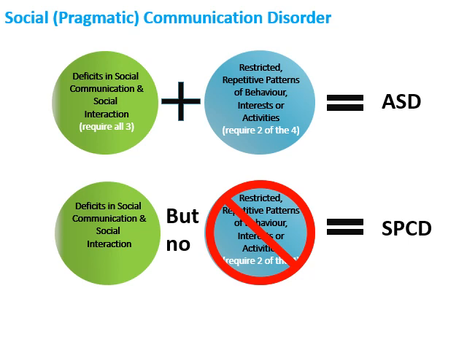And if there are no restrictive repetitive patterns of behavior, interests, or activities, but there were clear deficits in social communication and social interaction, this was not seen as an autism, but as this new condition, social pragmatic communication